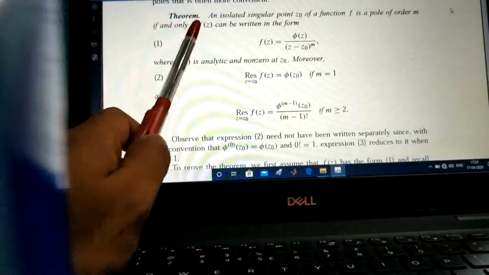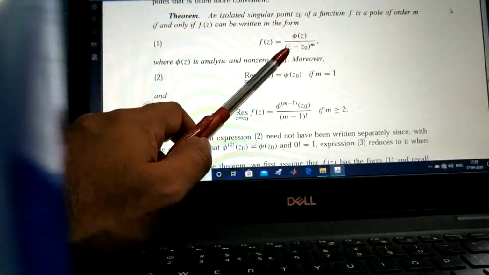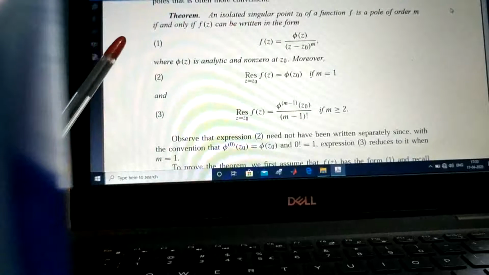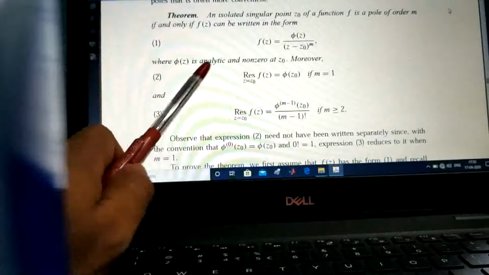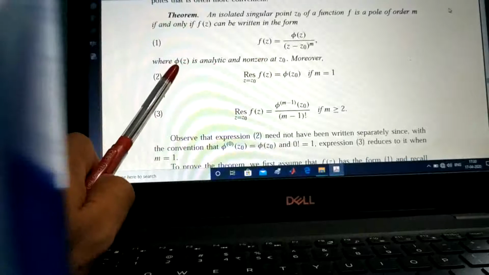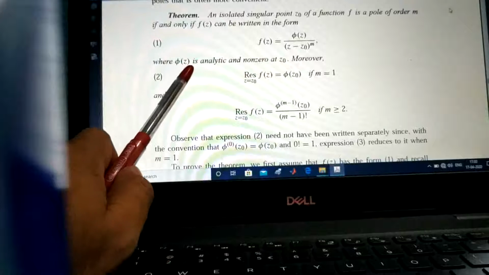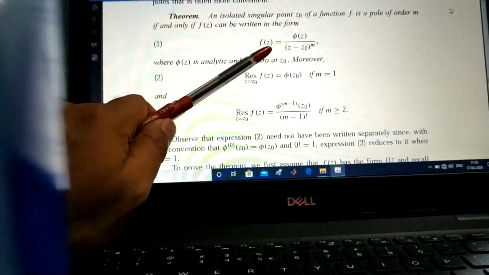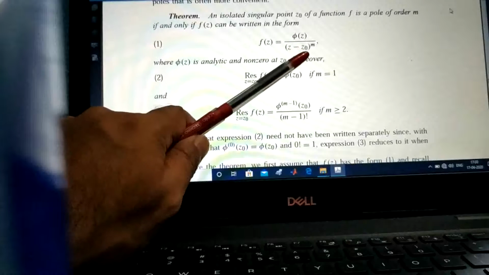if the function can be written in this form: phi of z divided by z minus z0 whole to the power m, where phi of z is analytic at z0. There is no problem of this function phi being analytic at z0. Non-zero at z0 means phi of z0 not equal to 0. So if f of z can be represented as phi of z by z minus z0 whole to the power m,